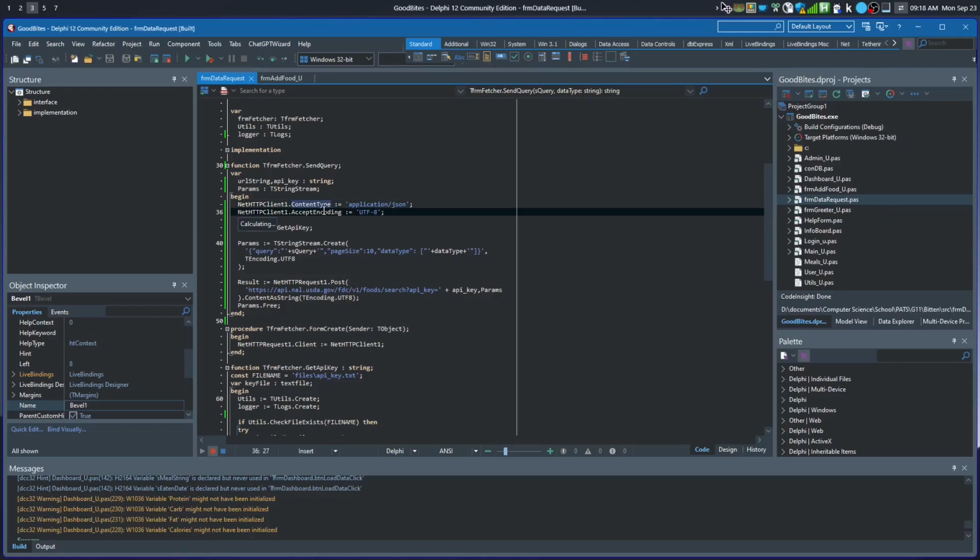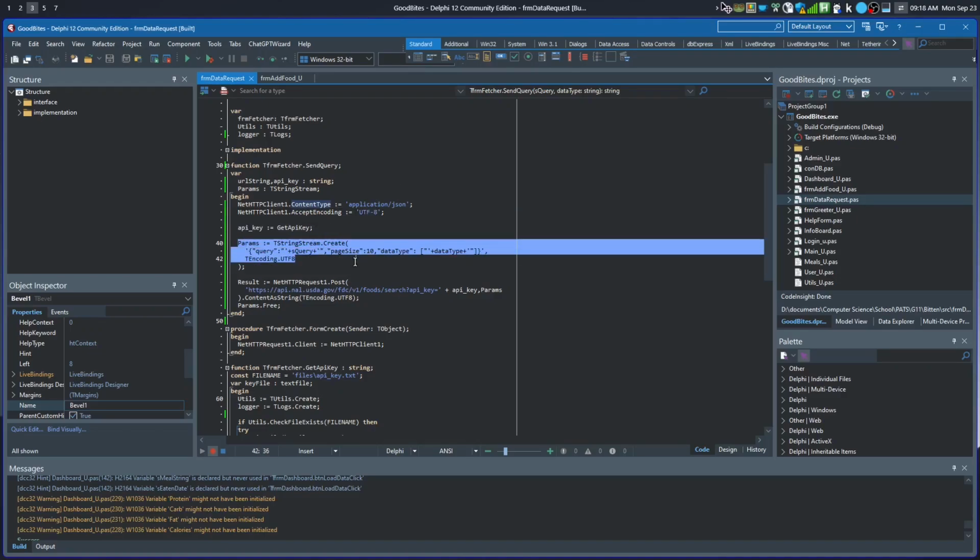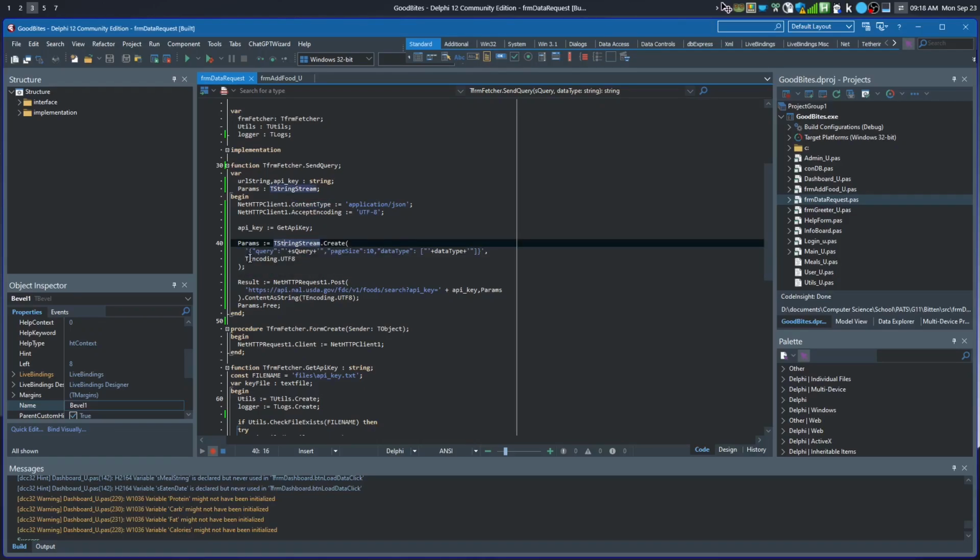We have our accepted encoding as UTF-8. This was something I struggled with for a bit, to make sure that we get text back in the UTF-8 file format. And of course, we get our API key, and then we create our parameters, which is a string stream,